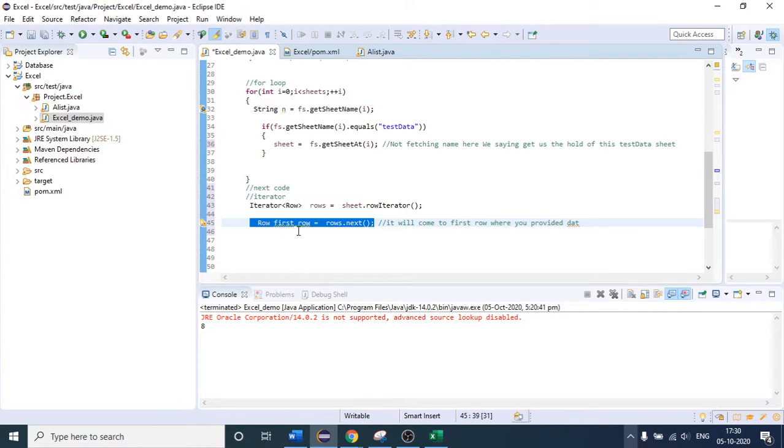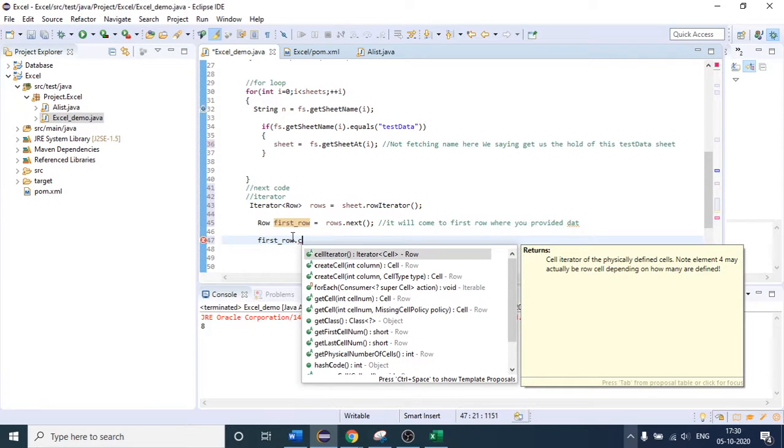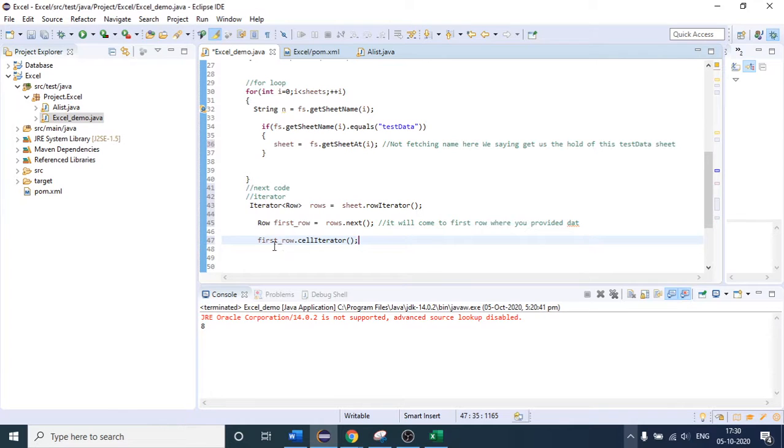If I come here, we came to the first row, copy this. After that, there is one more method, which is cellIterator, right? So this will give me an iterator which is of type cell. So suppose that you catch that iterator on the left hand side. Okay, so Iterator will be of type Cell. It will return me an iterator which is of type cell. And let me give any name, let me give CE. You can give any name. Okay. So let me import the package.